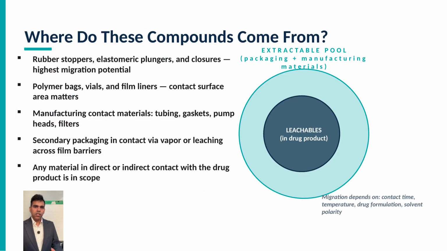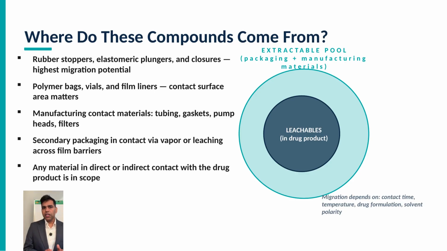So where do these compounds come from? Where do leachables actually originate? Any material in direct or indirect contact with your drug product is a potential source. The highest risk category is the container closure system: rubber stoppers, elastomeric plungers, polymeric bags, plastic vials, and the caps and coatings that seal them. But something most overviews on this topic skip: